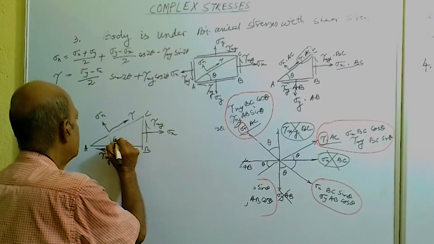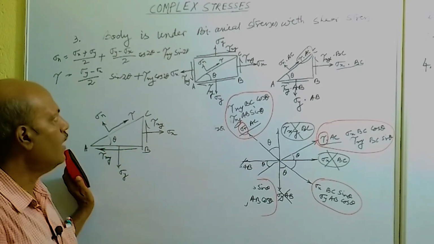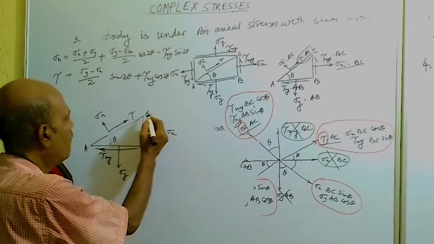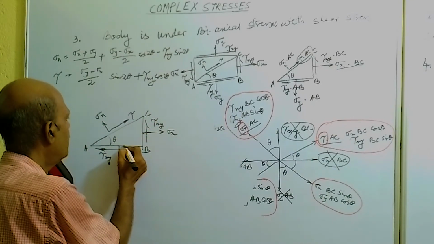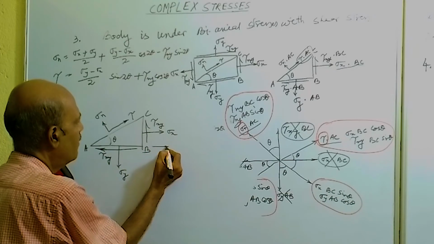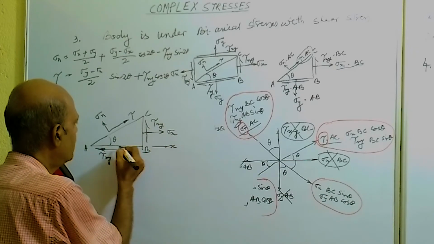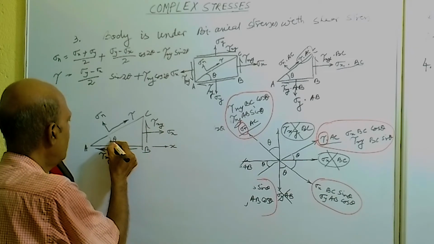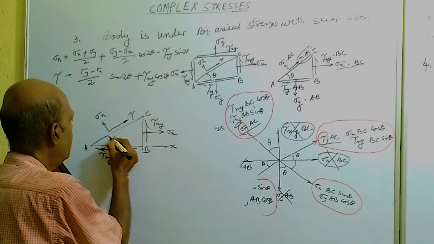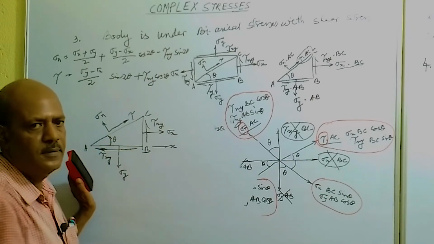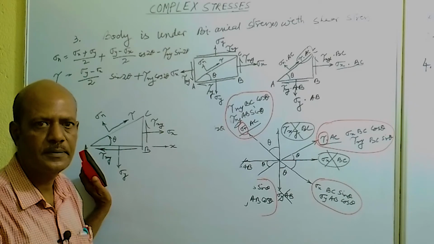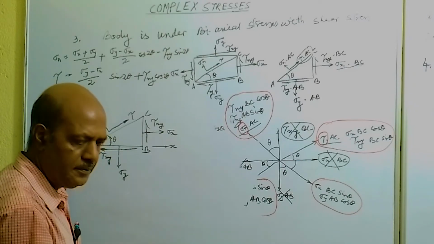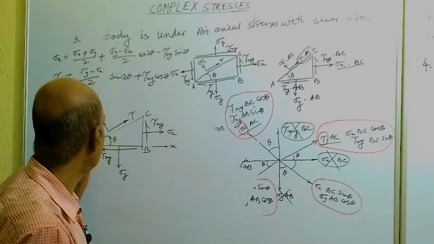This angle is theta. The theta is the angle made by the inclined plane with x direction but in anti-clockwise sense. Means theta is measured from here to here in anti-clockwise sense with x direction. Now we will see the next derivation,